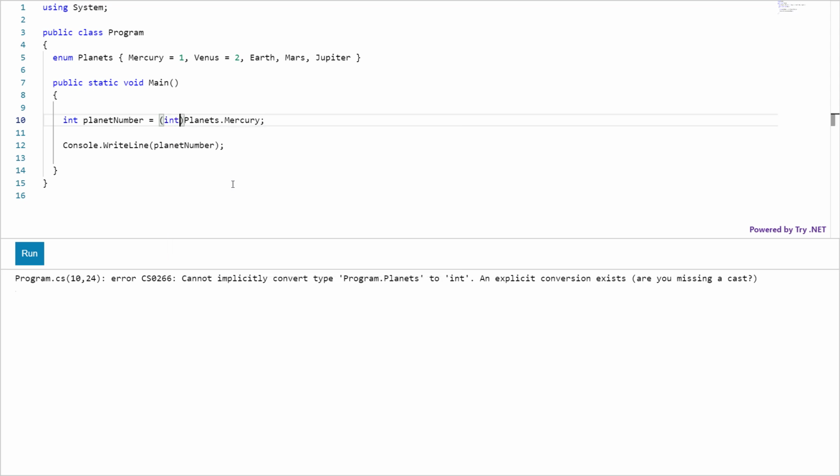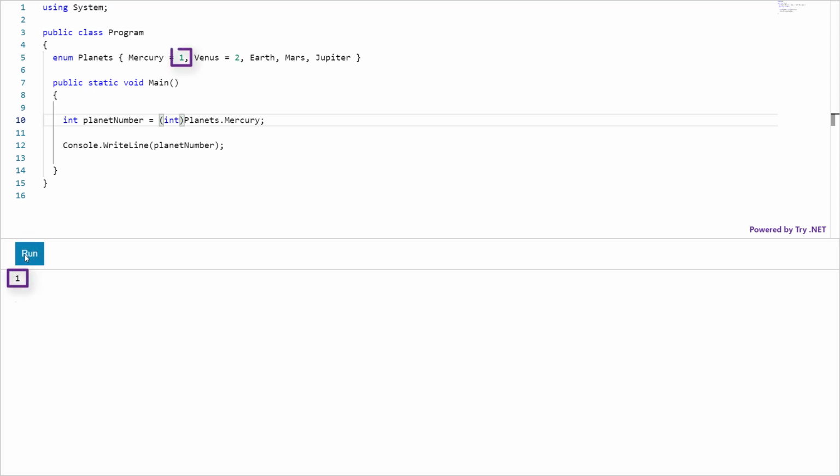Click Run. Finally, you can see the value of Mercury here. To get the name from the value you received from here, this one, again you do the explicit cast like this.